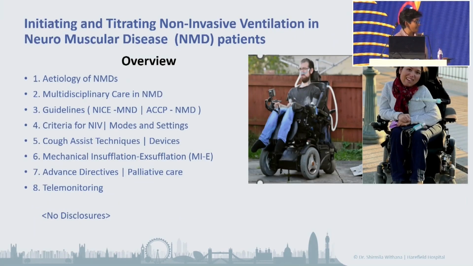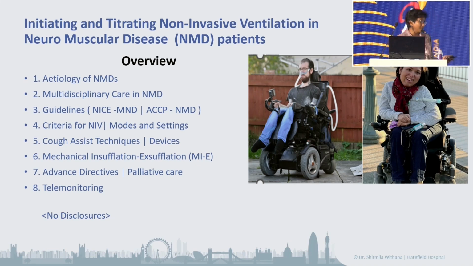So I will cover once again, no disclosures, the following areas. We'll look into the causes of neuromuscular disease and multidisciplinary care, very much looking into motor neuron disease in this case. I will give you some guideline content based on the NICE motor neuron disease guidelines in 2019 and the American College of Chest Physicians clinical guideline published in Chest last year. And we look at the modes, settings, and how you do this in a home care setting, very much based